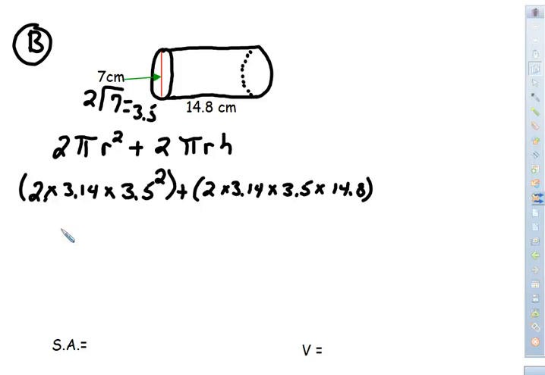Make certain you do that. Okay, this again is 3.5 times 3.5. It's not adding it, it's not going to give you 7, so you got to make certain that you are multiplying those together. That gives me 76 and 93 hundredths plus 2 times 3.14 times 3.5 times 14 and 8 tenths equals